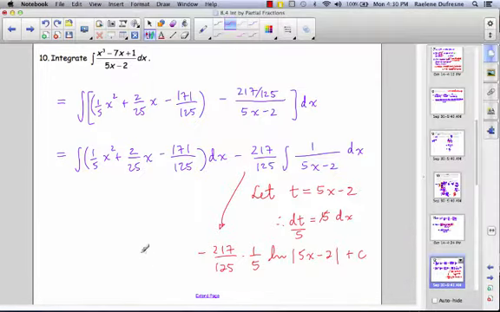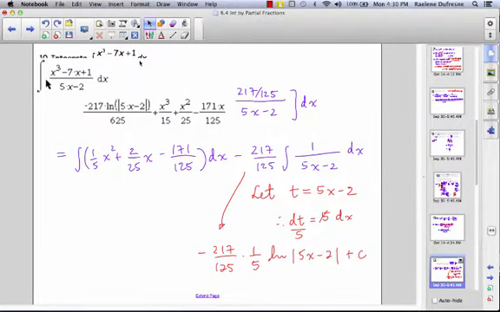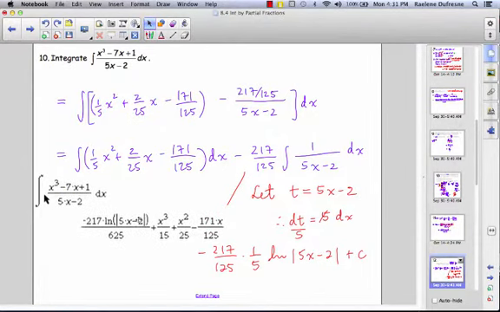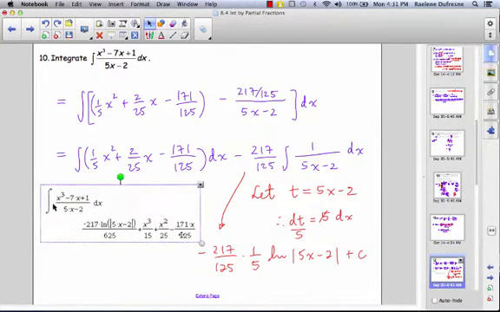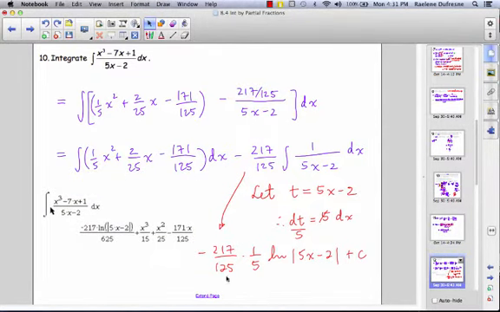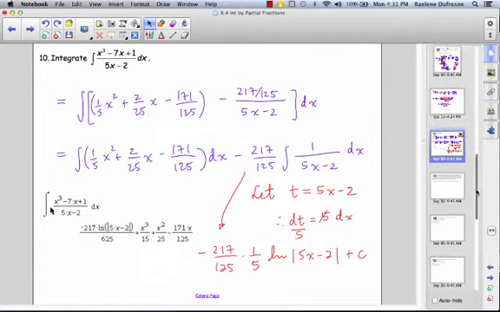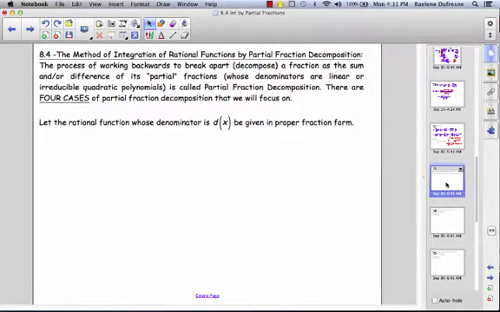Okay, so that is our first technique when we are integrating a rational function with an improper fraction. We have to put the improper fraction into proper fraction form. Okay, so now we're really getting down to the process of decomposing a fraction that is already proper into its